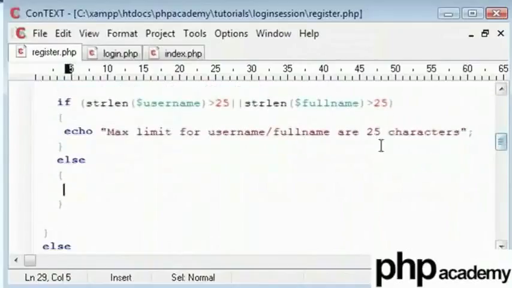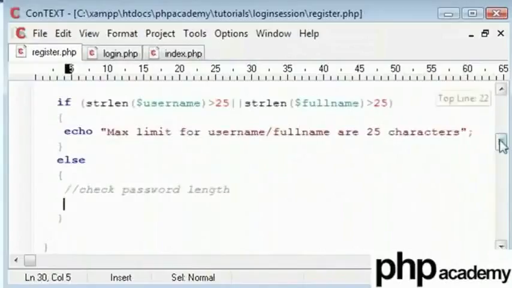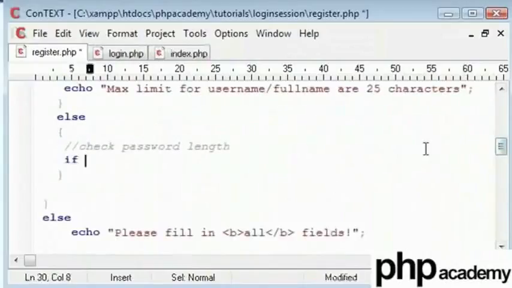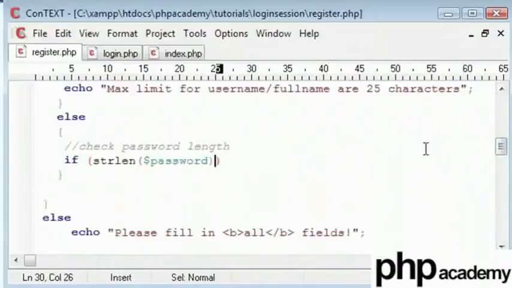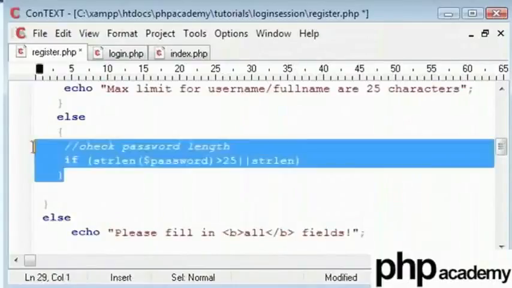Now I have decided to do this. Check password length because I want a specific check for this. If string length of my password is greater than 25, or string length, no, let's get rid of this.